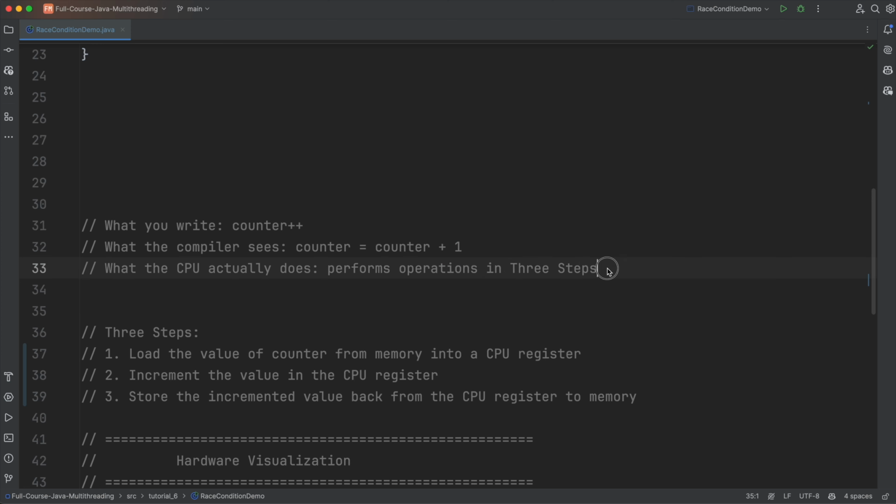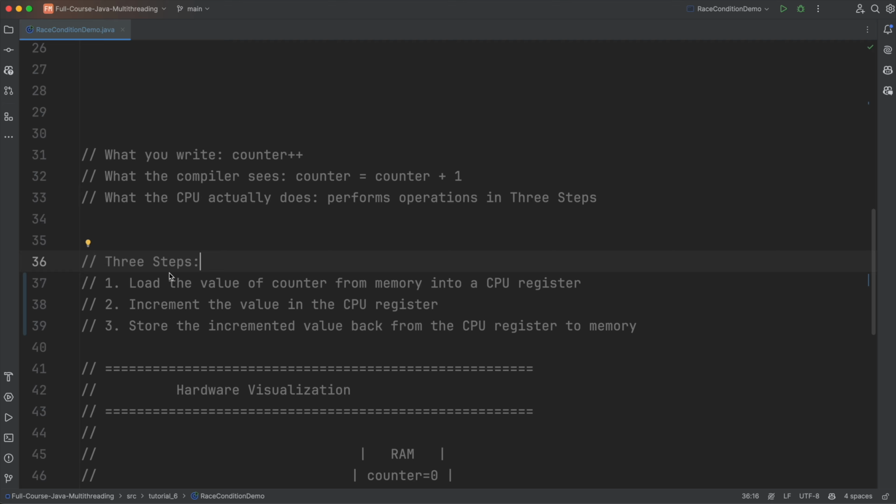But what exactly happens from the CPU side? From the CPU side, this simple operation of incrementing the counter is actually divided into 3 steps. What are those 3 steps? The first step is that the CPU loads the value of the counter from memory into a CPU register. The second is that it increments the value in the CPU register, and then it flushes that value back to